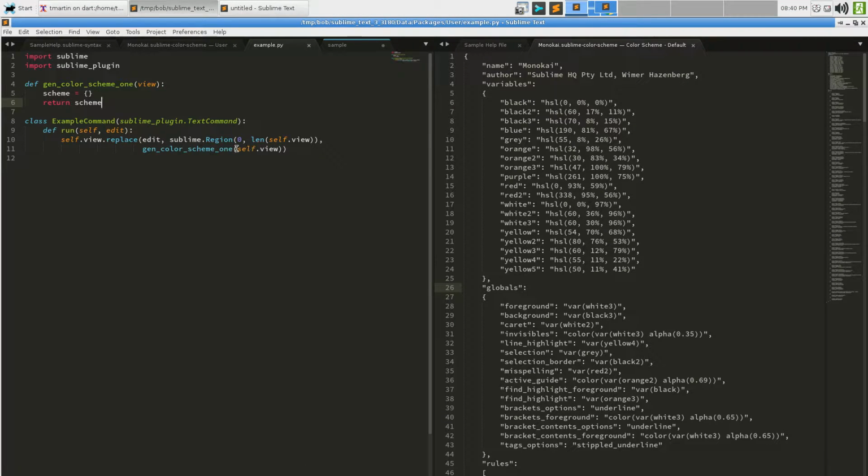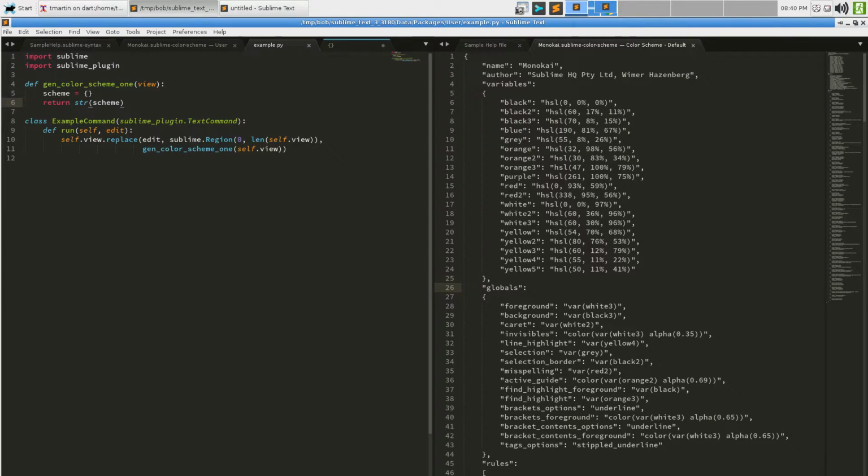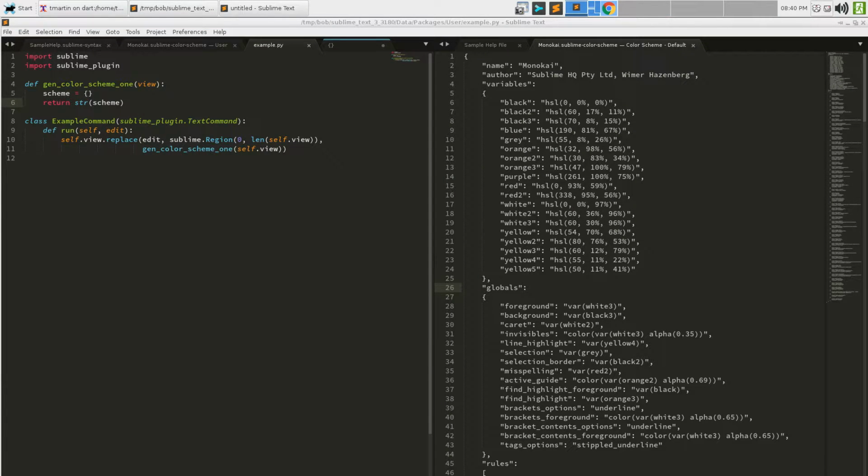So, trivially speaking, I could str scheme that whole bad boy, and then that'll do what we want. But probably, and I'm just looking over here in my web version of the Sublime API.